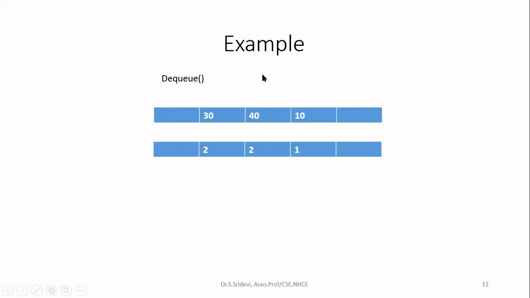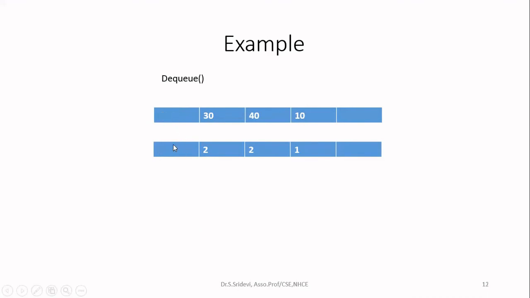Now, let us see how to perform the DQ operation. In case of this arrangement, the numbers are already sorted. If you see here, the beauty of this method is while you are inserting, you are checking the priority, you are inserting according to the priority. Insertion takes time. You are moving the elements while you are inserting. Whereas when I want to delete, no need to check for anything. Simply go to the front of the queue. Whichever is available at the front of the queue, that is the element with the highest priority. So delete the element from both the queues.